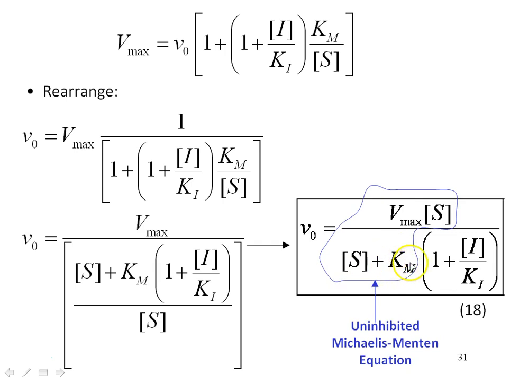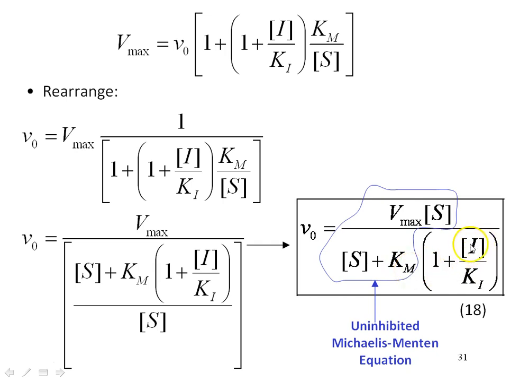But notice that the Michaelis constant here is multiplied by a term in brackets of 1 plus the inhibitor concentration over the dissociation constant of the inhibitor-enzyme complex. Now, can that term, for example, be less than 1? This is a question. The answer is no. How can it be? These are positive terms. The inhibitor concentration is a positive term. Ki is a positive term. This is more than 0, and therefore this has to be greater than 1. And therefore, Km appears to be bigger